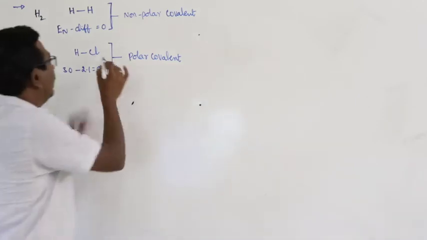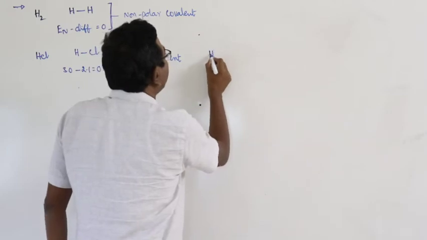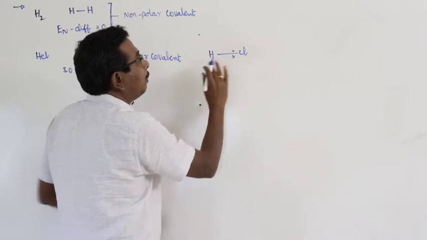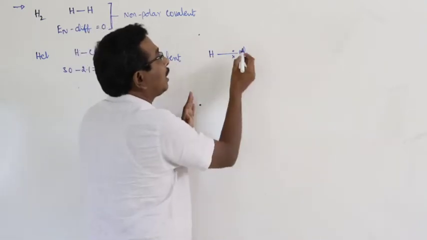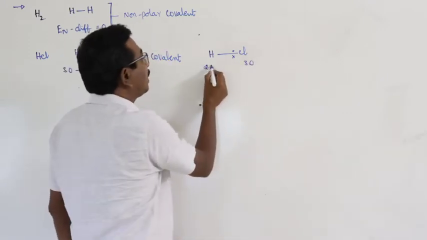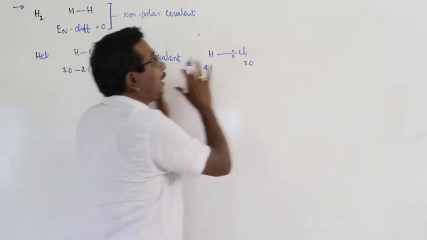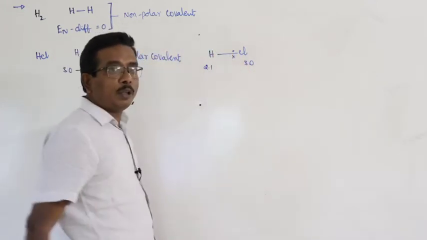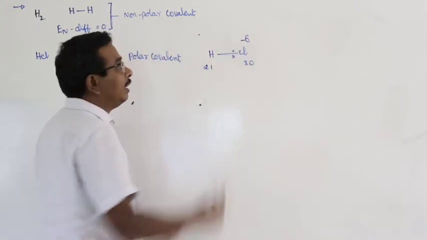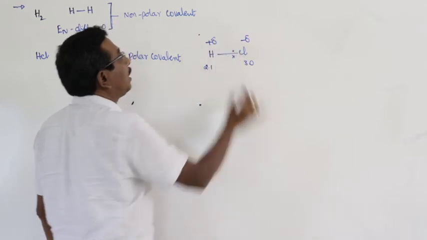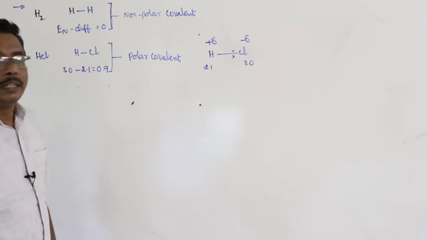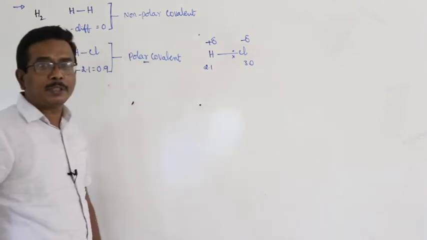Right. In hydrogen chloride, due to the electronegativity difference between the two bonded atoms, the bond pair is slightly shifted towards the more electronegative chlorine atom. Its electronegativity is equal to 3. Hydrogen electronegativity is 2.1. So, the bond pair is shifted towards the more electronegative atom chlorine. Then chlorine acquires partial negative charge. Automatically hydrogen acquires partial positive charge. Means what? Here the bond is polar covalent bond, first step is clear.